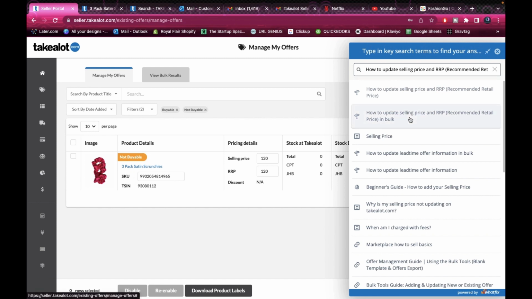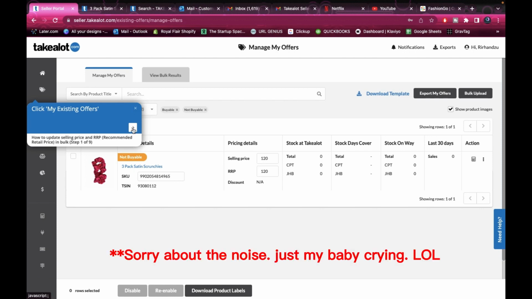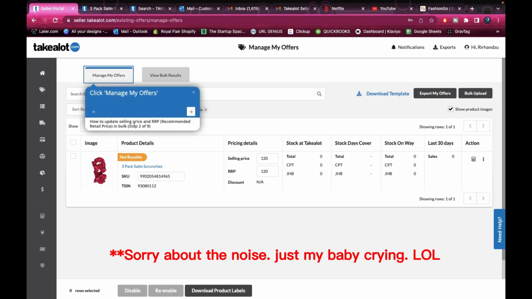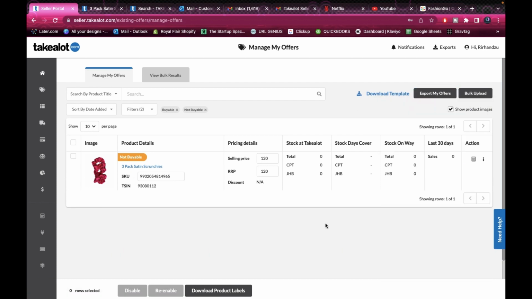And then, oh no, not in bulk. Sorry. Right, manage my offer. Then it's going to do this whole thing, right? I chose the wrong option, but you get the idea. So it's going to give you this little explanation. So once that is done, okay, fine. It's going to give you that little tour at the top where it gives you an explanation of what this is, what that is, and all that, right? So cool. When you've entered your price and your RRP,